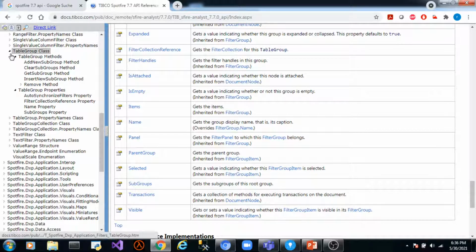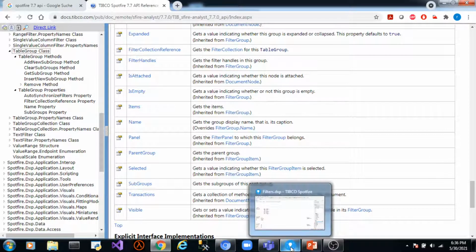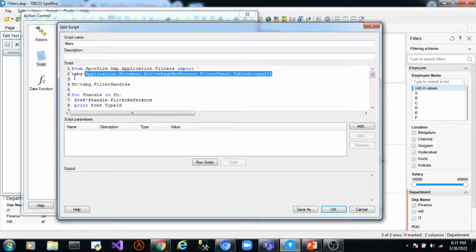This property of the table group class, FilterHandles, will return a collection of filter handles through which we can access each filter in that particular table group. So this is returning a collection of filter handles.